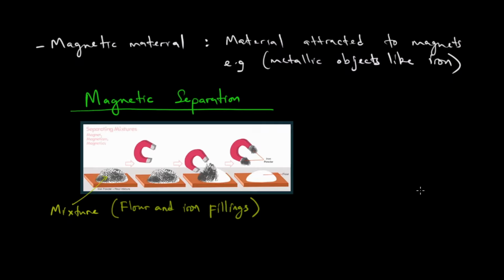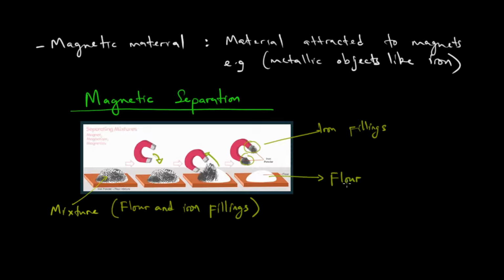You cannot attract flour to a magnet. So because of that, tikaita draw a magnet closer to this mixture like that, tichaona ma-iron fillings chero ari pasi akavharwa neflour, tichamaona. If we have a strong enough magnet, tichamaona achisimuka towards the magnet. They are attracted to the magnet. Then ononamira pa magnet panapa tosara tine flour yega. Saka tato separator iron fillings and flour. That is what we are talking about.